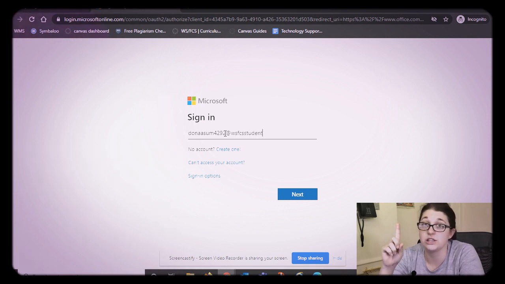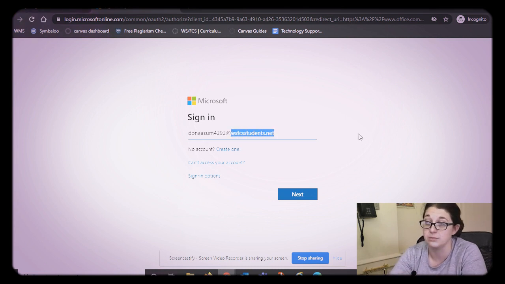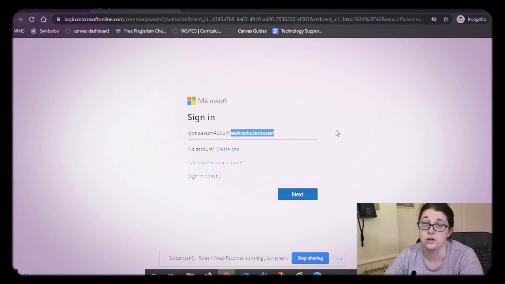But this is the part that a lot of you really struggle with. You have to put the @ symbol, so the fancy A, then WSFCSstudents.net. If you spell any part of that wrong, it won't work. What I recommend is that you write down on a piece of paper that you won't lose, maybe where you've written down your schedule, the ending to your school email, because sometimes you have to type it